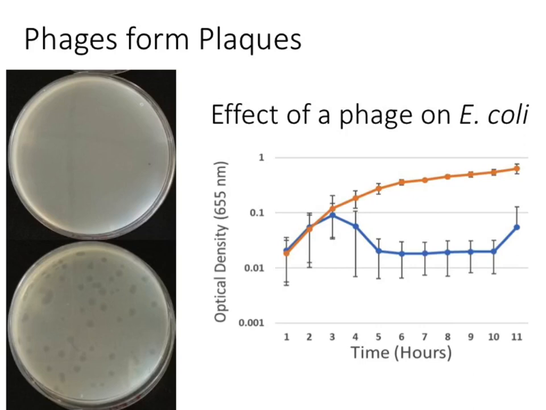So this is one way we can observe killing of bacterial cells. The other is through an indirect measurement, using spectrophotometers, something that we've all had experience with in this lab. So this graph here is one where we're looking at time in hours on the x-axis. Y-axis is optical density at 655 nanometers, because the instrument we were using couldn't do 600 for us, but so